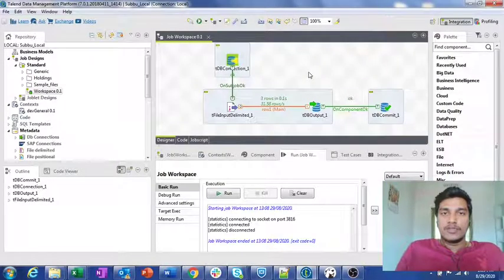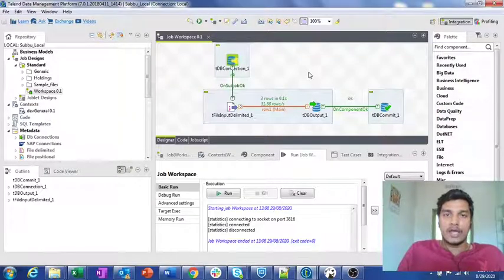In the previous video, we saw the new database components in Talend, that is tDBConnection as well as tDBCommit, which tell us how to open a connection using one separate component and how to use that component in other database components. Similarly, I also explained how to commit the changes you have made on the databases using the tDBCommit component. Now in this video I am going to explain two more components related to databases. Those are tPostjob as well as tDBClose, which are used to close the connection which you have used multiple times. Now without wasting any time, let's dive into the topic.